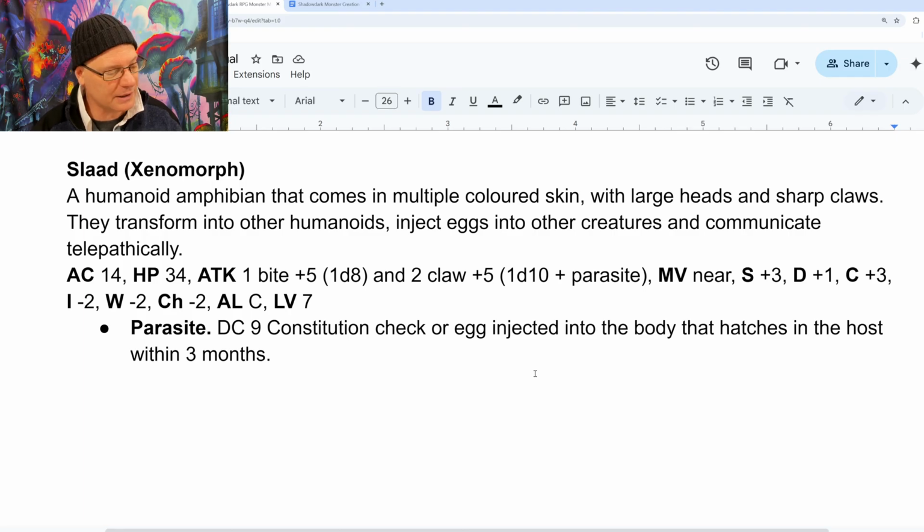But I do think the idea that they can become some other creature is very interesting, and the fact that they would use you as a host by injecting an egg into you that can then turn into one of them and then bust out later on is kind of scary, right? It's very alien. Okay, so starting off, one of the first things is I look at the hit dice in